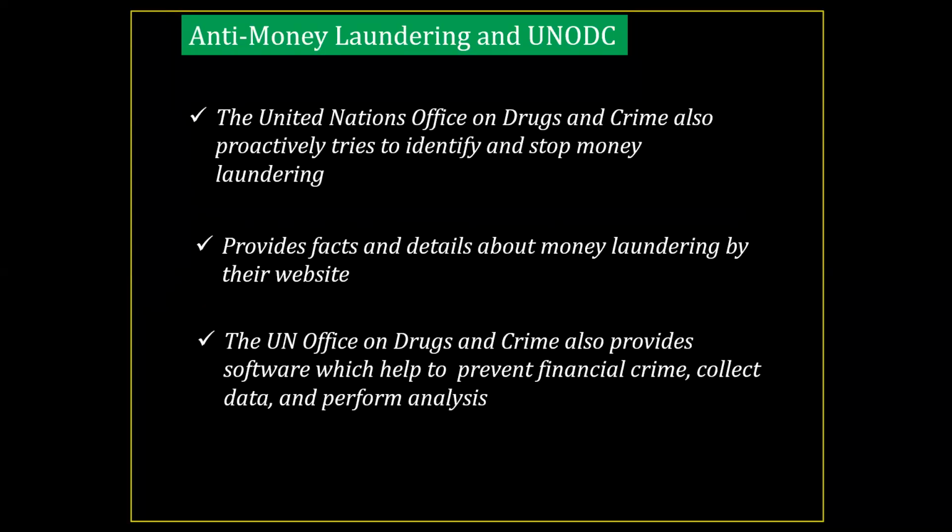So UNODC is just like the FATF. They also provide information regarding money laundering and how it can be spotted and prevented. Whereas the World Bank also provides various information related to money laundering on its website and gives various advice to both governments and private enterprises so that they can prevent money laundering from happening in their institutions and